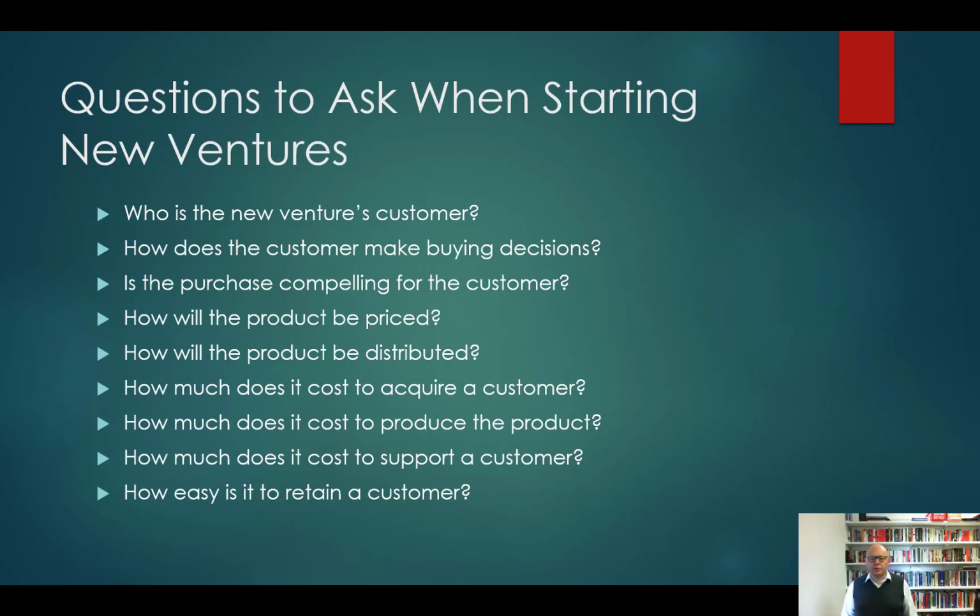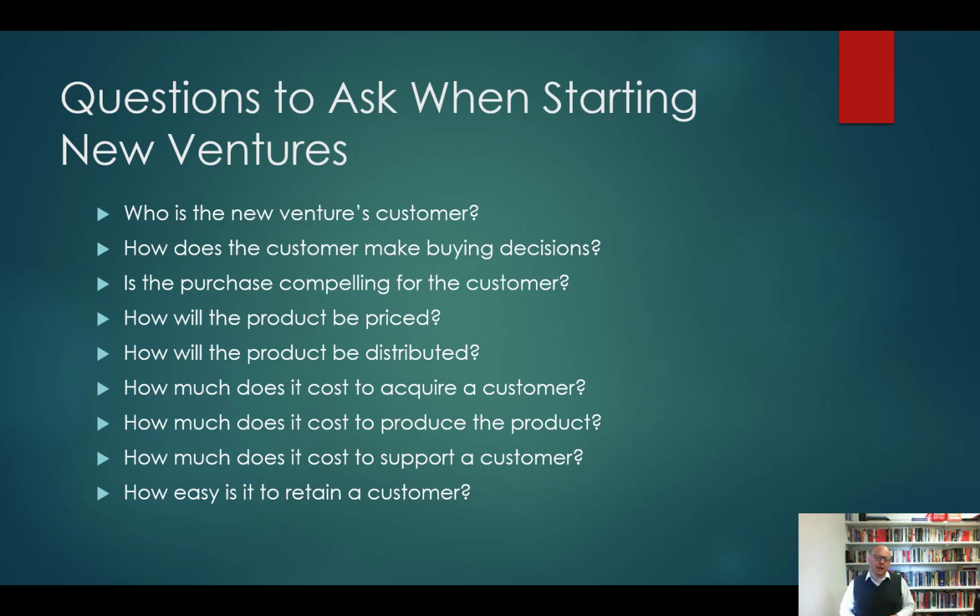We've got to think really clearly about how the product will be priced, what will be the end price of that product in the market, and how will we actually distribute that product into the market? How will we actually get it out to the consumer? Increasingly, distribution is handled through things like websites, selling products through eBay or Taobao if you're in China. These sorts of methodologies for selling are increasingly being used by startup businesses.